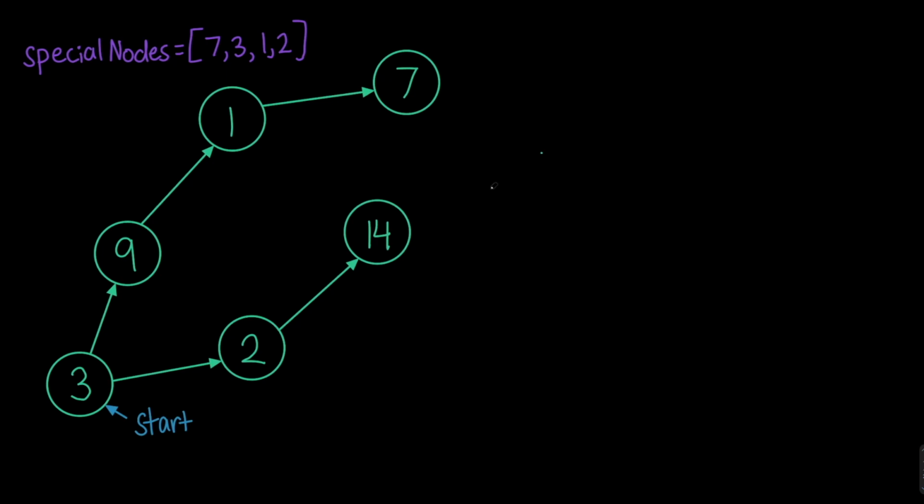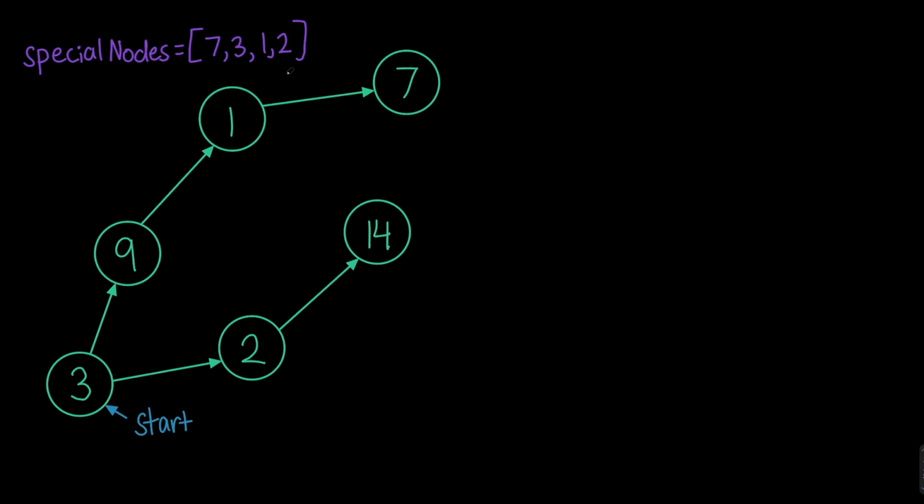Okay, so this question provides us with three inputs. We have a graph, which we can see here on the left in green. We have the start node, which in our case is going to be the 3 node that's on the bottom left portion of the screen. And lastly, we have the special nodes array, which you can see on the top left of the screen. What we need to do is return all of these special nodes, an array containing all of the special nodes